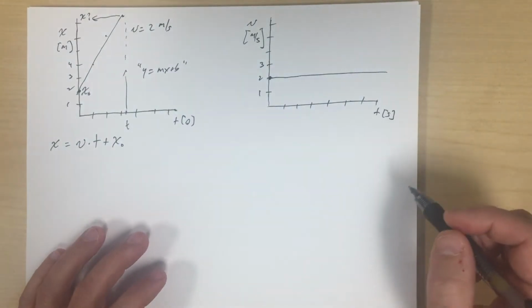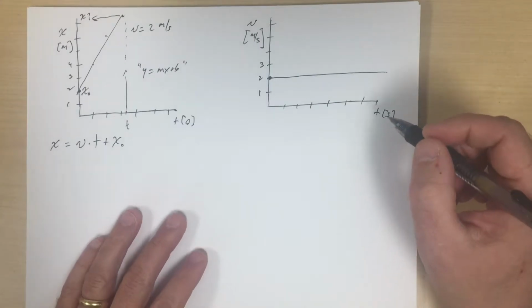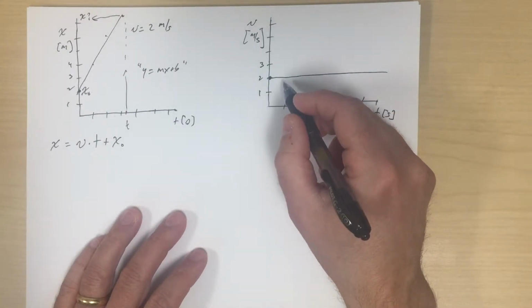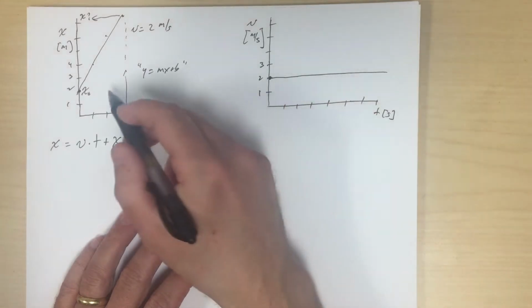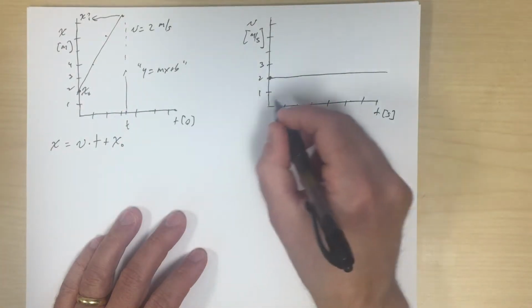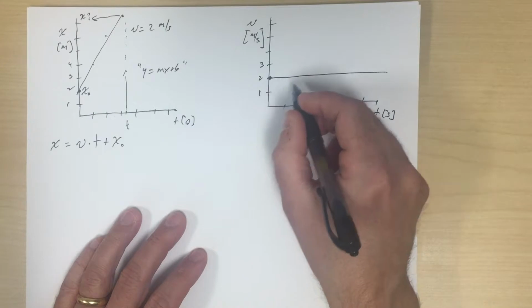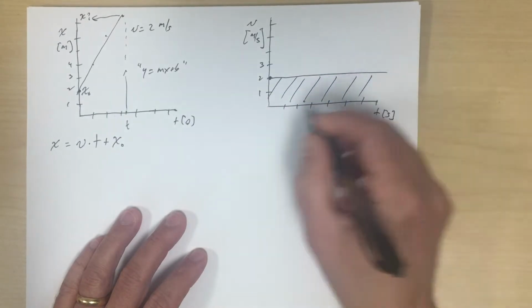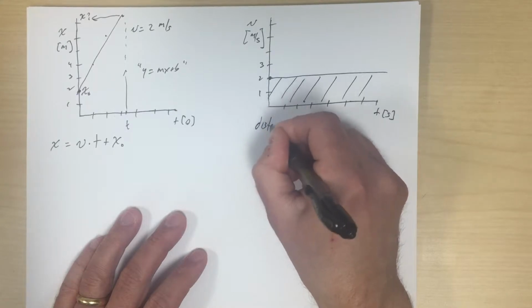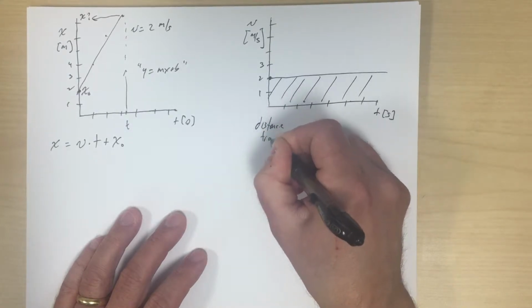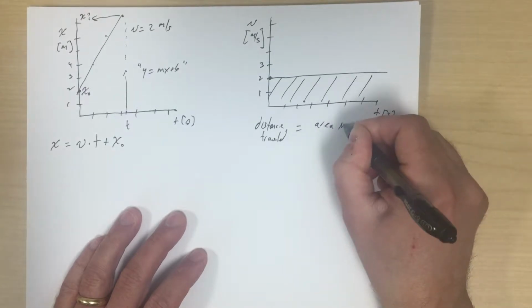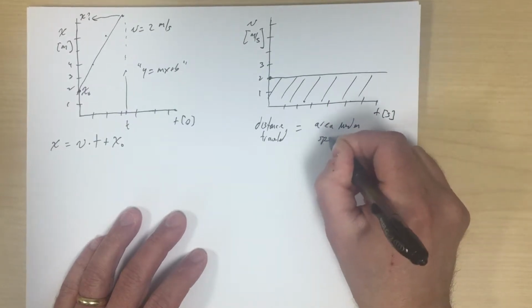It turns out that the distance traveled by this object is equal to the area under the curve. So the distance traveled by the object is equal to the area under the speed time plot,